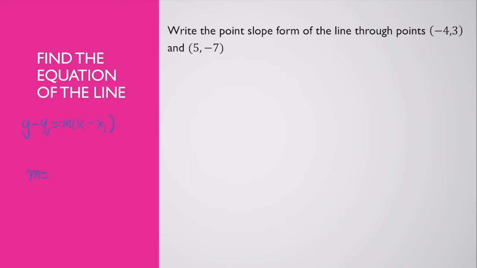I've been given 2 points and I know my slope is my change in y over my change in x. So I've got x1, y1, x2, y2. Let's go ahead and calculate this slope. Slope is my change in y, negative 7 minus 3, over my change in x, 5 minus a negative 4. That gives me negative 10 over